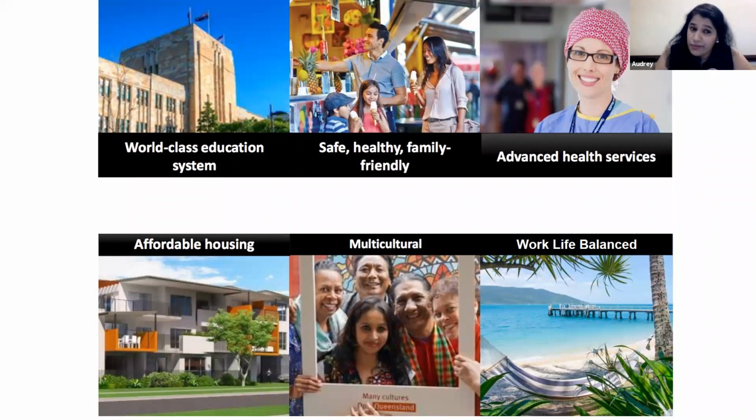Housing is also affordable. If you're comparing with places like, let's not even talk about Hong Kong, where the housing prices are so crazy high, let's talk about getting a nice home in a central location, say in London or something like that. Here, a median house price is only about 500,000 for a 2-bedroom landed property. You can actually get it for about 500,000.